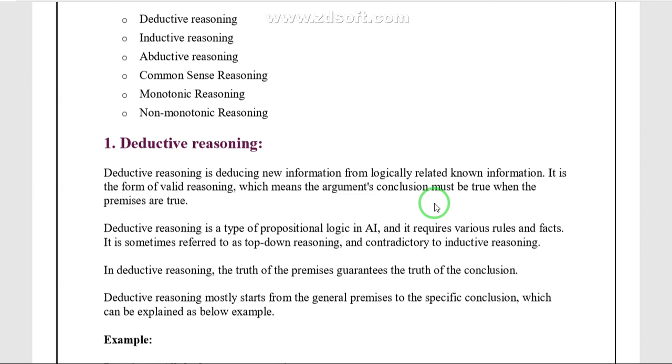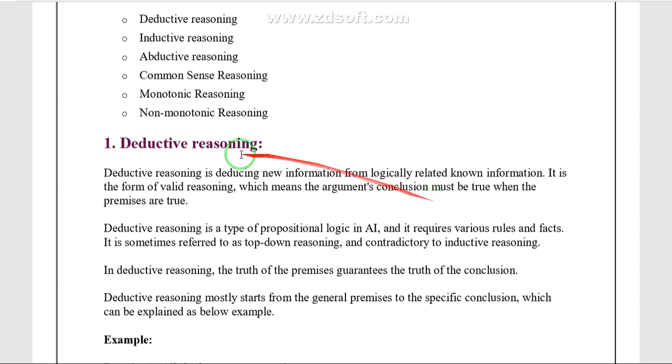This is the only form of valid reasoning, so whatever conclusion we take must be valid.